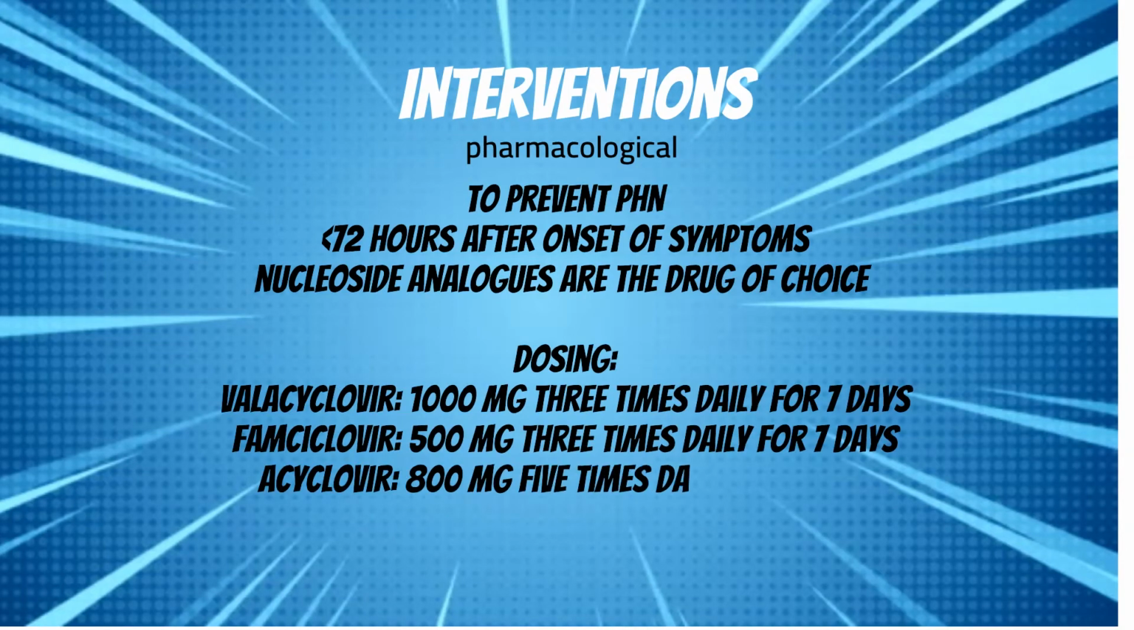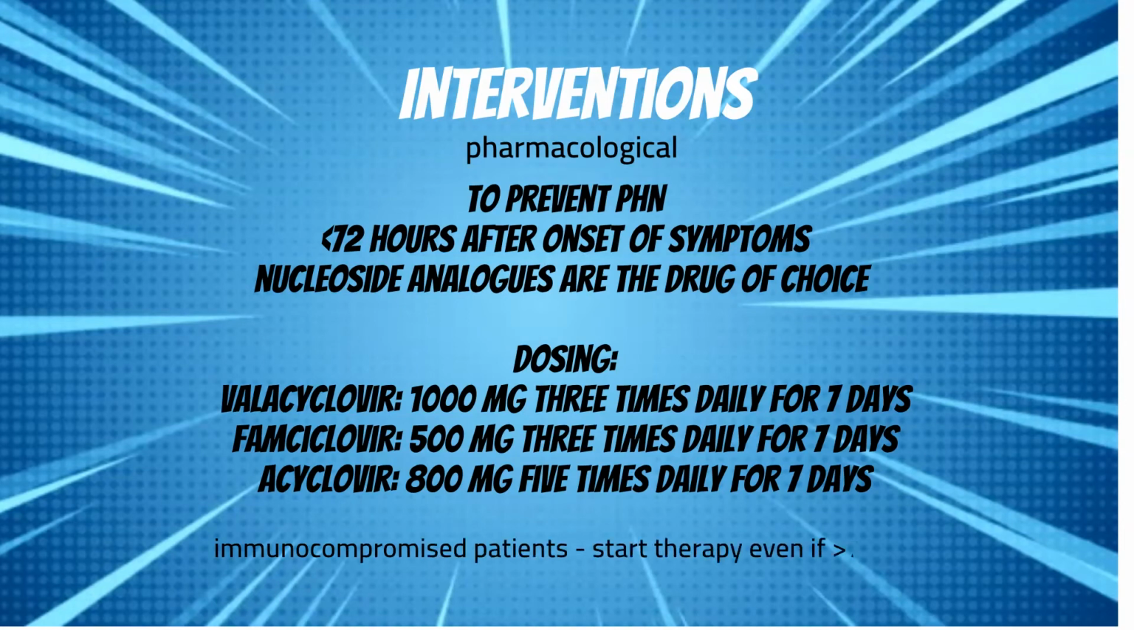Valacyclovir 1,000 milligrams 3 times a day for 7 days. Famciclovir 500 milligrams 3 times a day for 7 days. Acyclovir 800 milligrams 5 times a day for 7 days. In addition, for immunocompromised patients, you'll still want to start therapy even if they present beyond 72 hours of symptom onset. Herpes zoster or shingles can be very painful, so you'll want to think about analgesia for patients with moderate